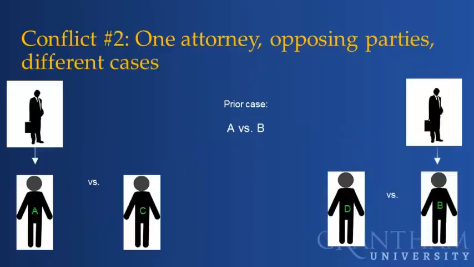Another conflict occurs when the attorney represents the plaintiff and defendant in different cases, even though the cases may be related. Say that an attorney represents Tom in a suit against Dave. Once the case has ended, Dave asks the attorney to represent him to file for enforcement of the original judgment. The attorney cannot represent Dave against Tom as the matters are too closely related.